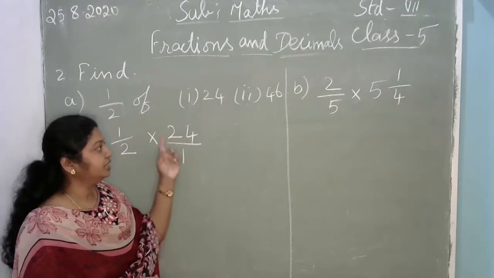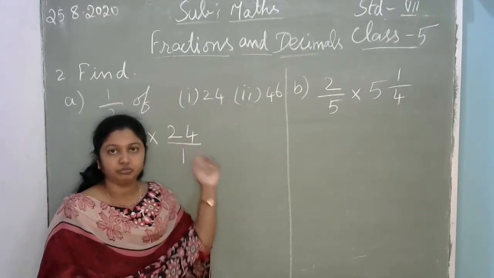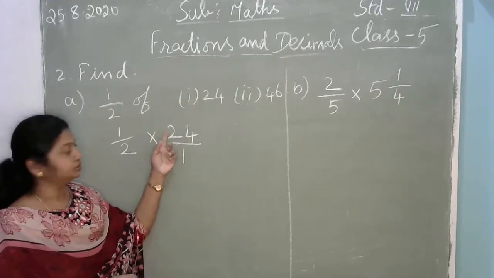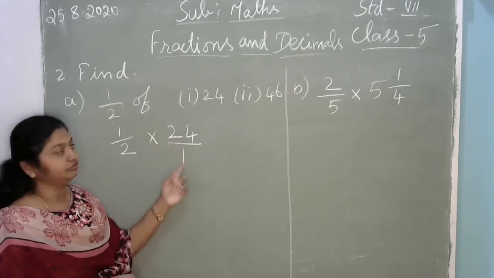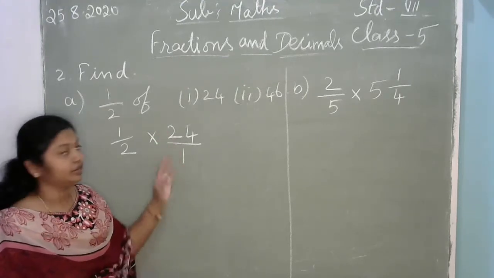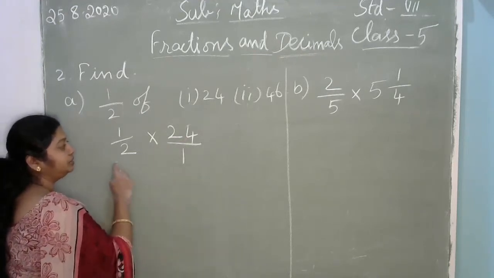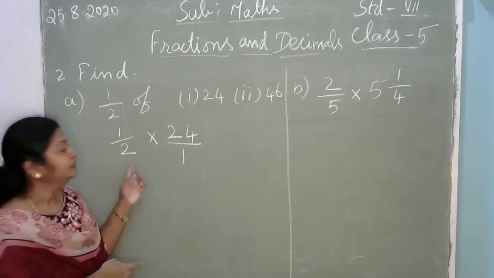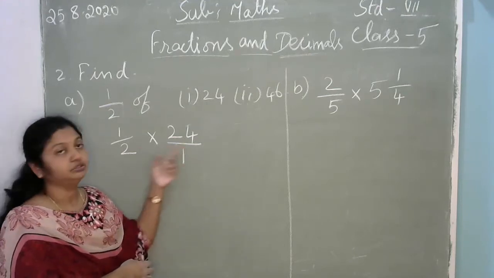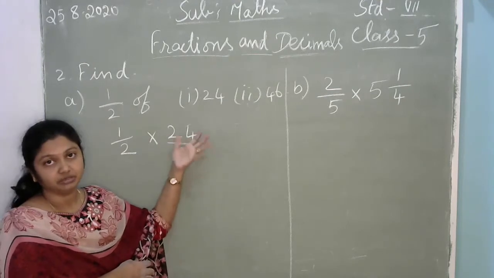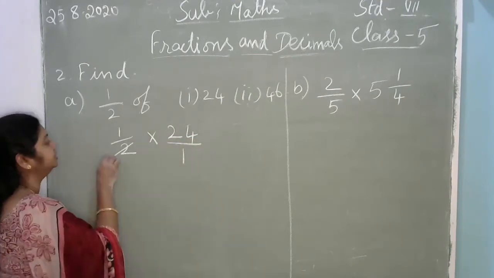Whatever whole numbers they are giving, you have to keep as a numerator, as I taught you already. Okay, this one is a numerator. So down, if you have confusion, you can put the 1 down. Okay, and afterwards, this numerator and the denominator you have to check. The numerator and denominator should come in the same table. This will come in two tables. Even this also will come in the two tables. So you can cut this by two.